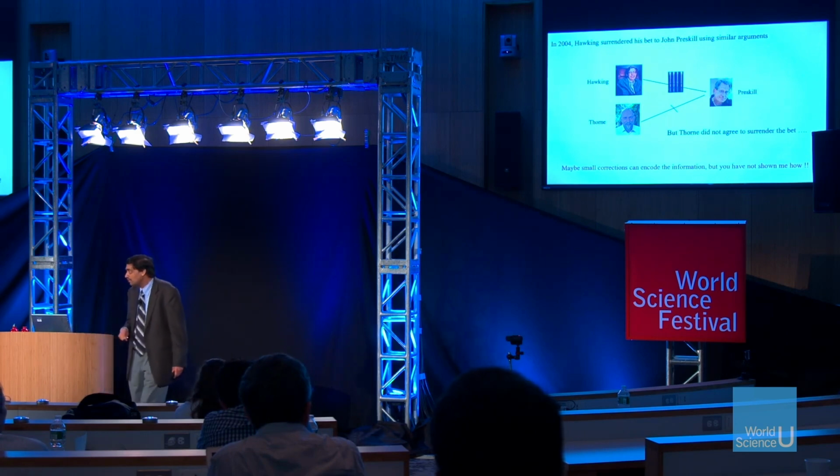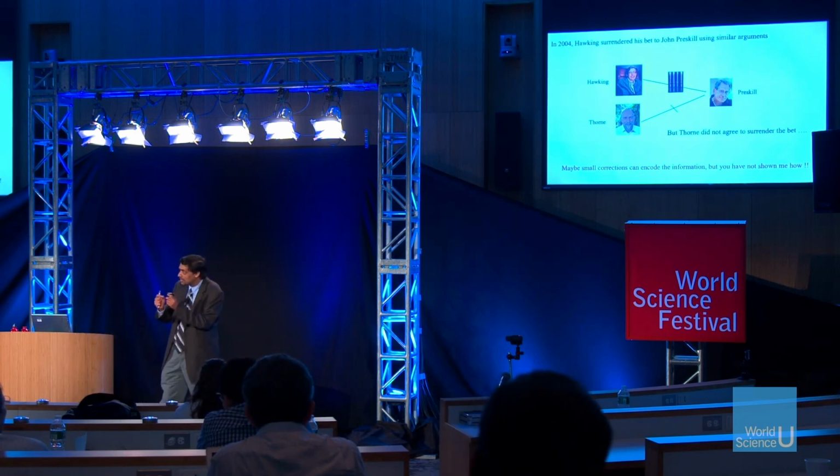He said, look, you haven't shown me anything. If you want to say that these small little corrections somehow invalidate a real argument, at least show me that they do that. But it's very hard to actually check that, because so many particles are going to come out. Each one can be subtly different in some way, and you have to check whether they can or cannot encode the information. How do you ever check such a thing? So it's very funny, a situation that two leading physicists, one agrees that he might have been wrong, and the other says, I don't agree, and they couldn't resolve it. But you can see why it's a difficult thing to resolve, because you don't even know what corrections you need.